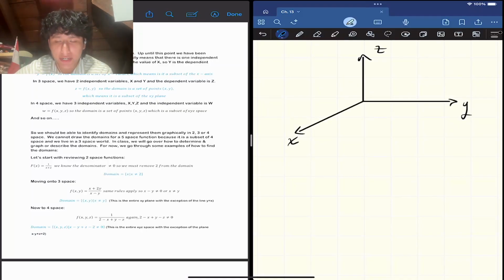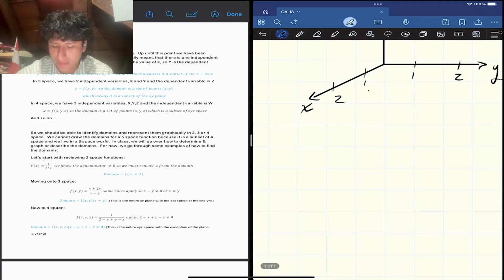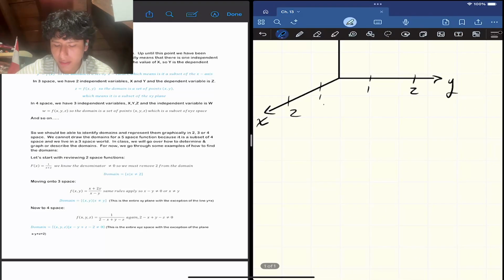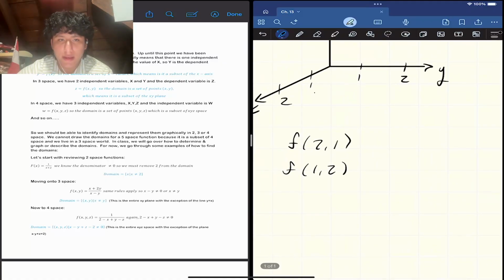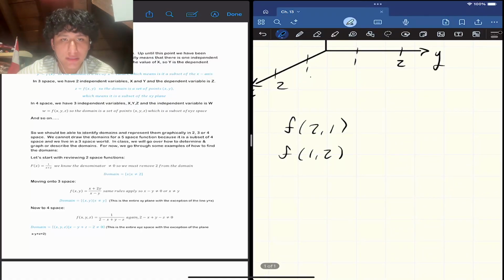What I'm assuming it's trying to say is no matter what set of values that you pick, for example, if I were to pick f of 2, 1 or f of 1, 2, the points that you're picking,